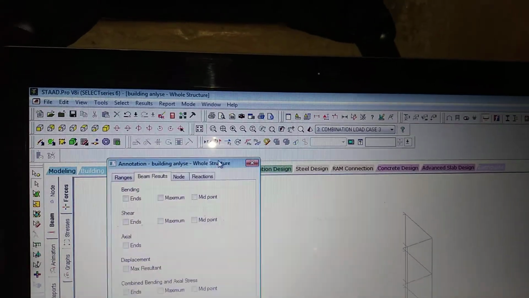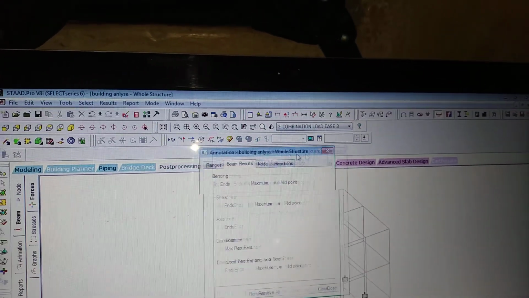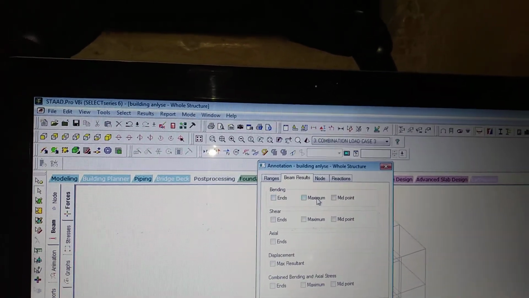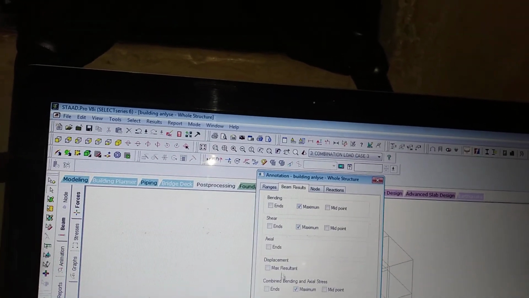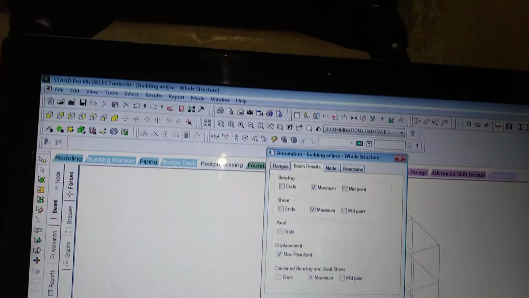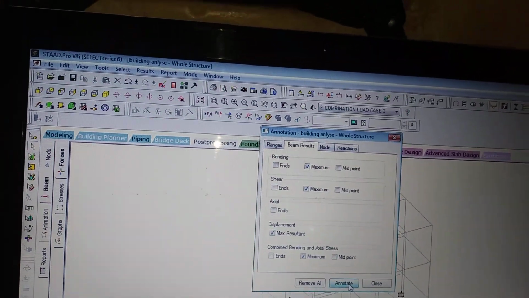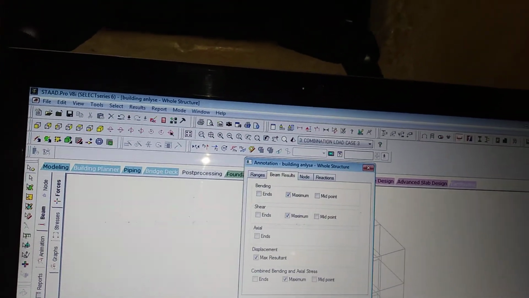Okay, in STAAD.Pro every column and beam is indicated by the name of the beam. I want the maximum only, because it looks clumsy if I select ends and midpoint. So I selected maximum, annotate, okay, close it.